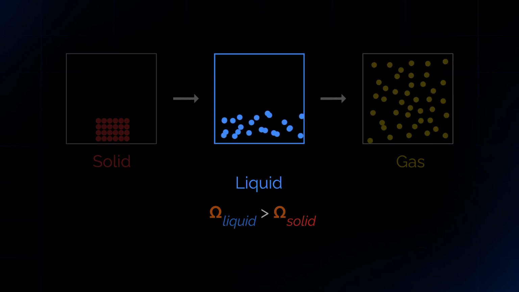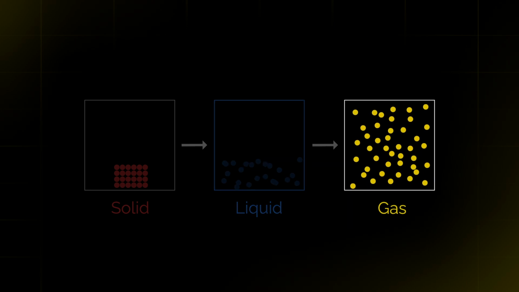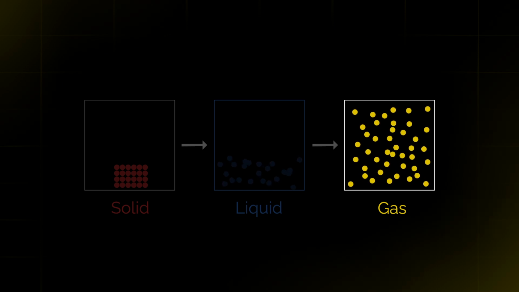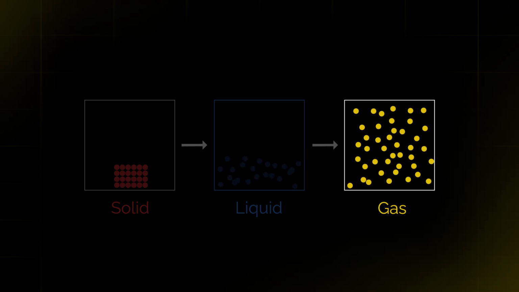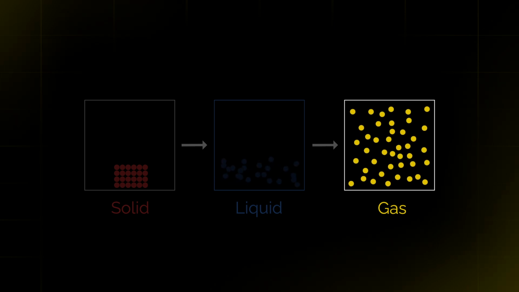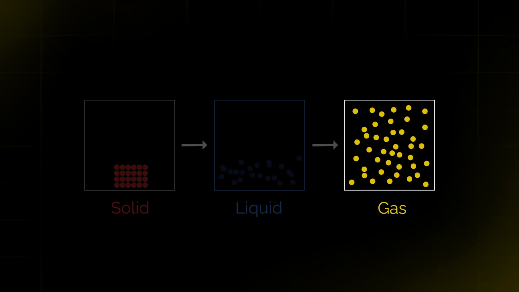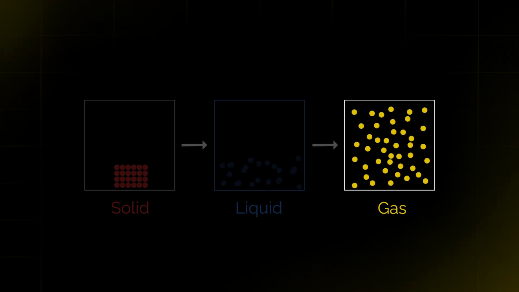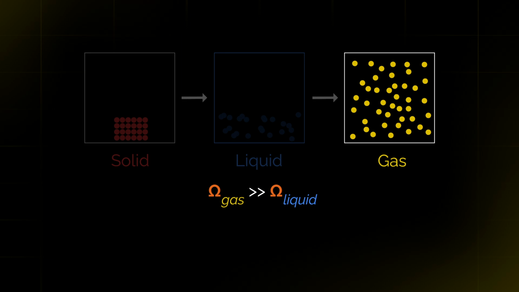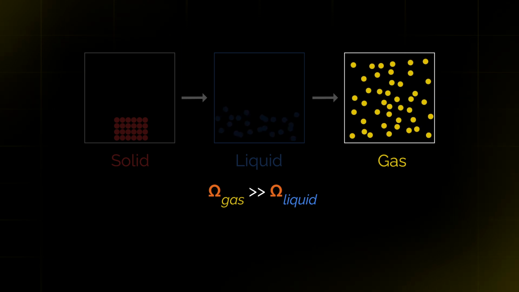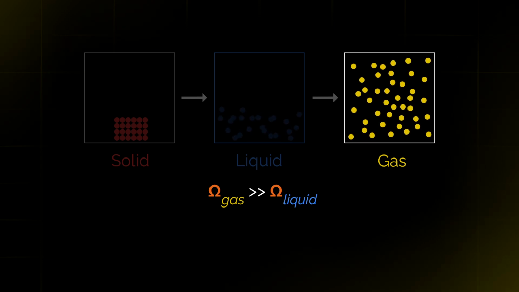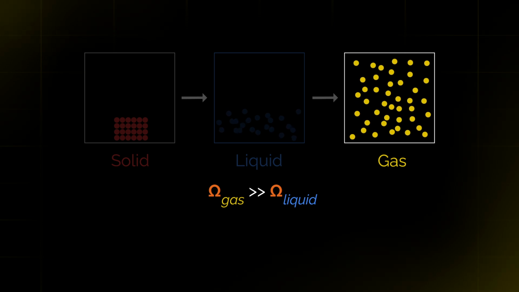Now let's imagine that class is over, and we dismiss and give those 24 students jetpacks. They can go in any direction in the sky. How many arrangements are there now? The number of ways those 24 students can be arranged in the sky is huge. This is like the gas phase, where particles are constantly in motion and can be anywhere in a three-dimensional space. Gases have so many more possible arrangements than liquids have, so a liquid to a gas phase transition makes omega increase by many orders of magnitude. When a solid changes to a liquid, entropy increases. When a liquid changes to a gas, entropy increases even more.